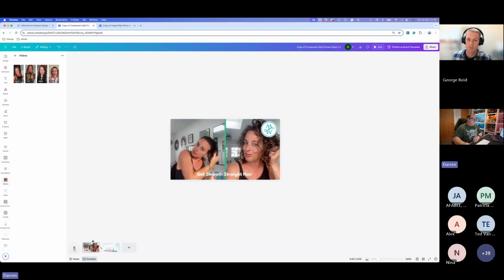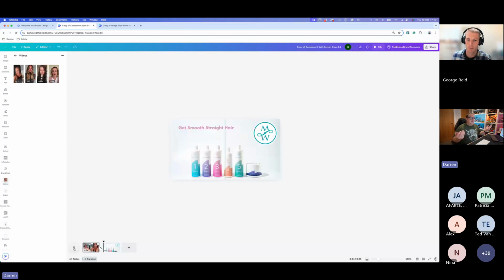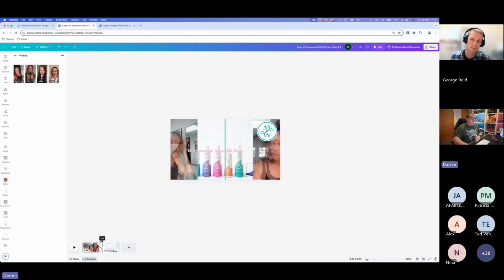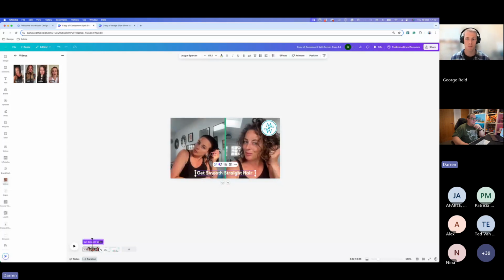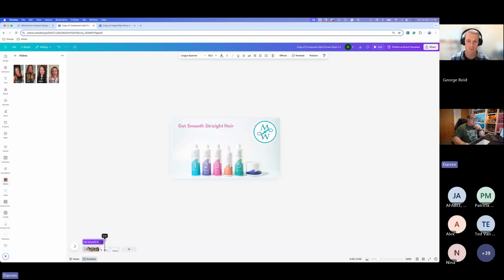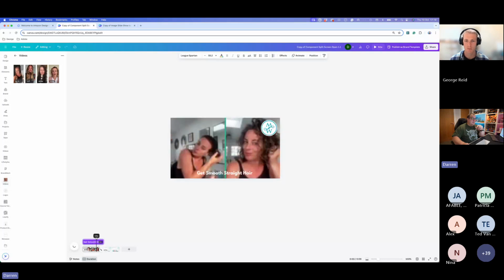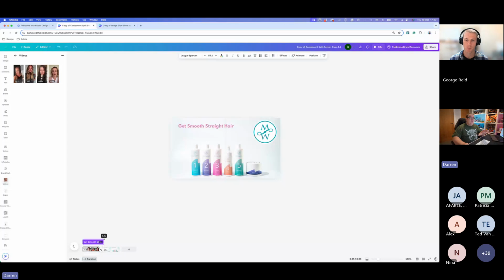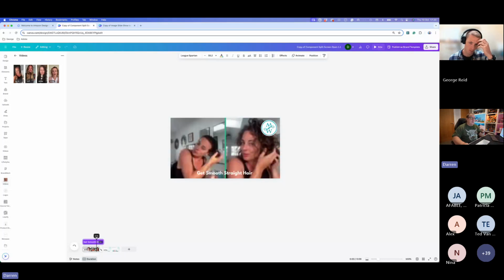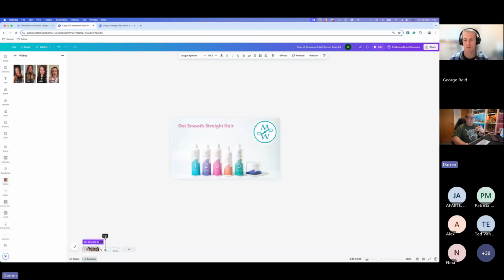Okay, and I'm going to click play from about here. So you can see now that it actually does that opening up section. And you can see that we've got the text also from the first page. This text also transitions and moves up to the top, and it also changes color. As long as it's the same text, you can change the size of it, the color, and the position of it on your page. So you can see it transitions from white to pink, which helps it stand out.